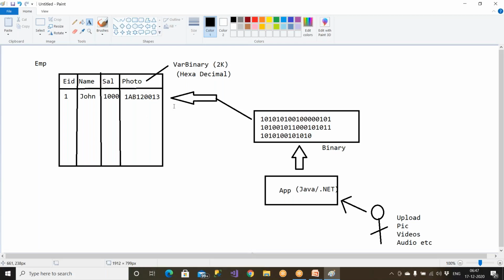So each photo size I have restricted to 2 KB, but the maximum you can have with varbinary is 8 KB. Clear? You can store up to 8 KB of size, but I have restricted it to 2 KB. But if you need more than 8 KB, you have to say varbinary(max). If you need bigger files and you want to store the data, that is where you have to